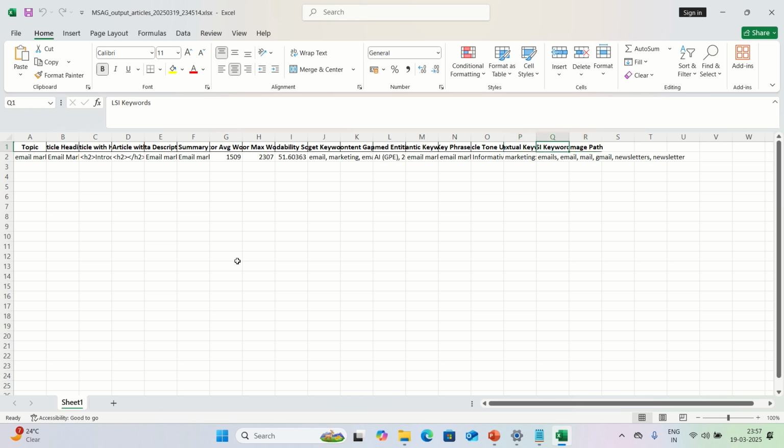So all these things are there. So we'll start one by one. So topic is nothing but what we had given. Email marketing in 2025 was the article topic we had given for the tool to start. Then we'll see the article heading. Now the tool has created an article named email marketing in 2025, what's next. So it's very precise, clean, neat, SEO optimized, I would say,